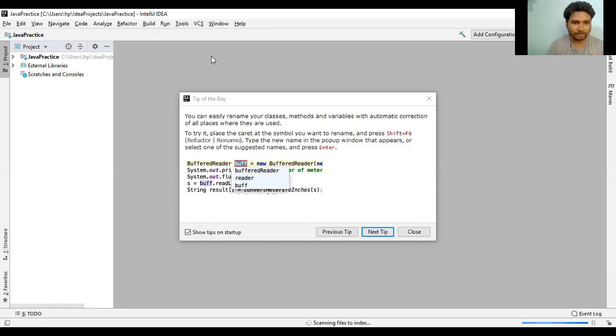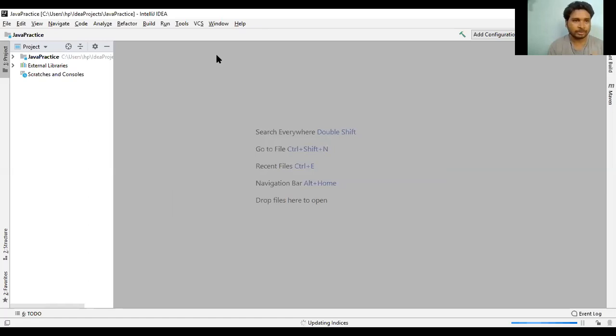So this area is the coding area where we are going to code, and this area is the file structure. So let's start and create a project. You have to create a new project.